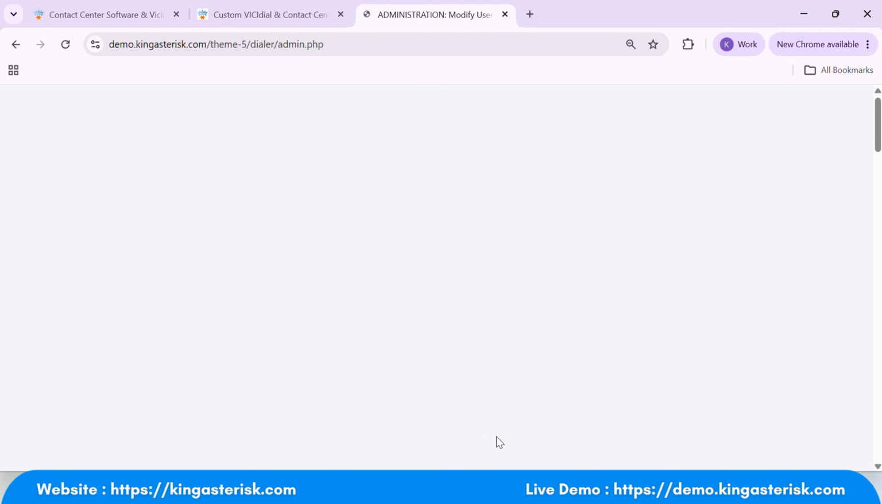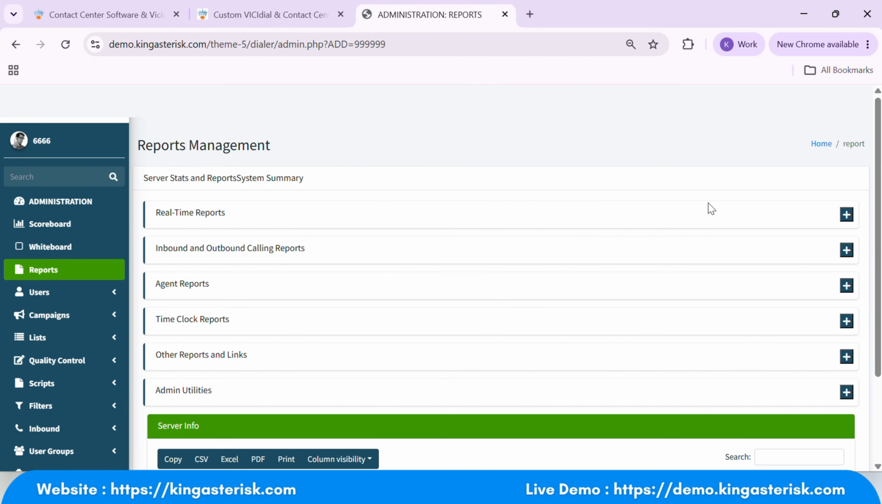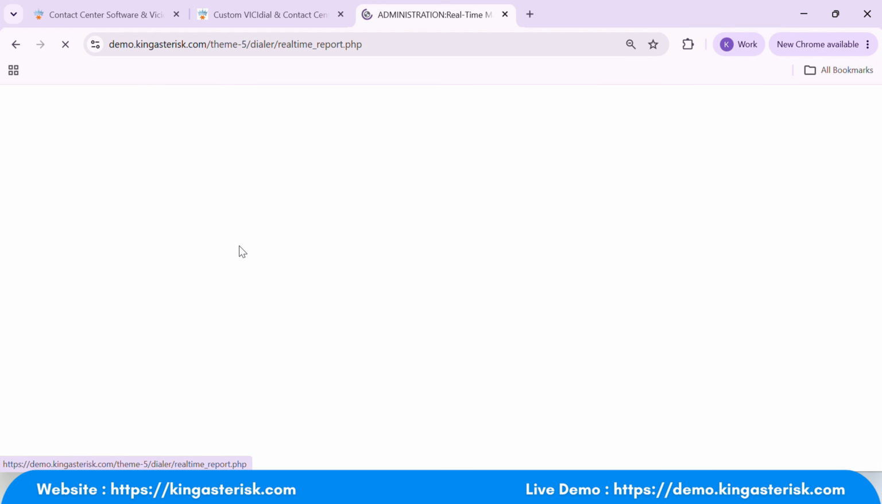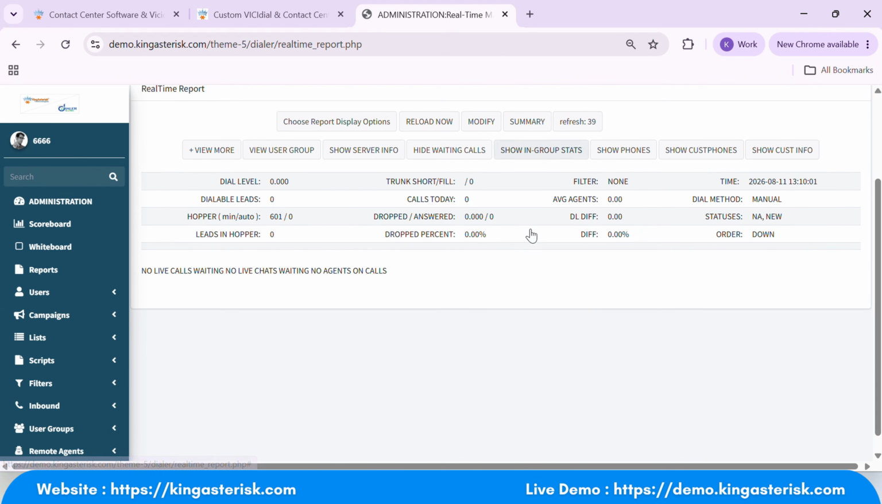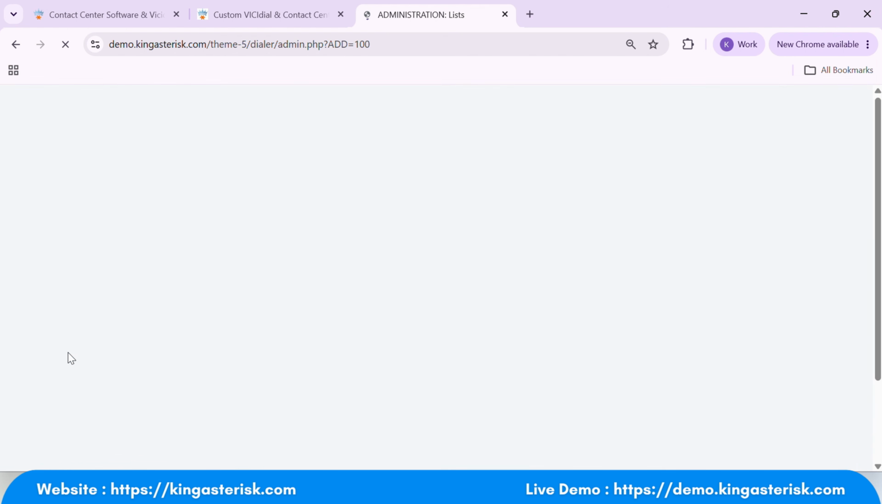Now let's go back to report. You can see it has been opened successfully, and if I open list, it is also working correctly now. That's it. This is a very simple way to fix the "you do not have permission to view this page"